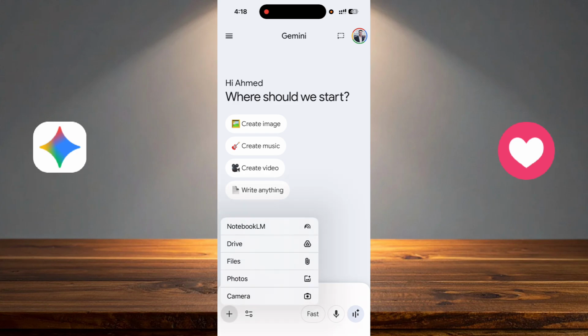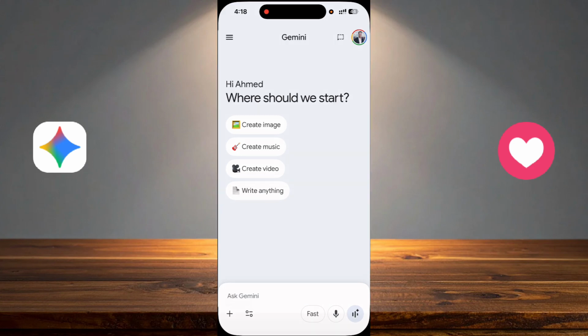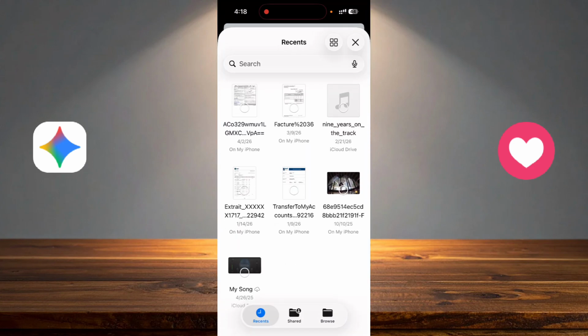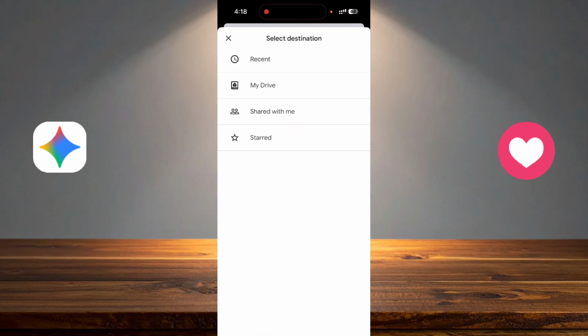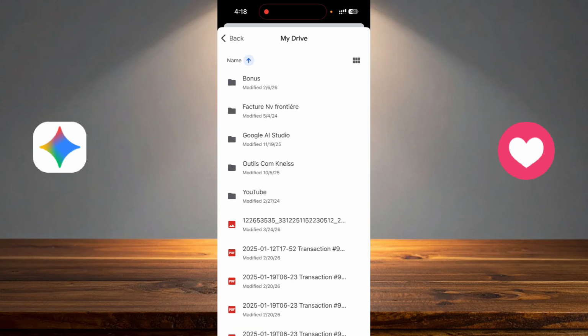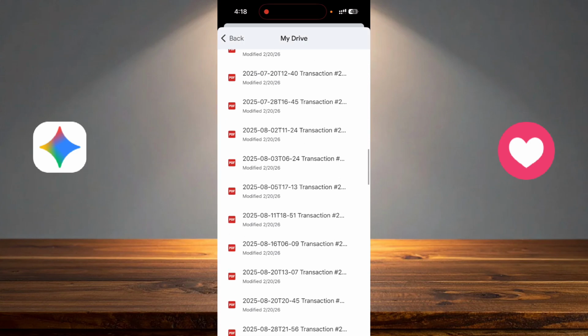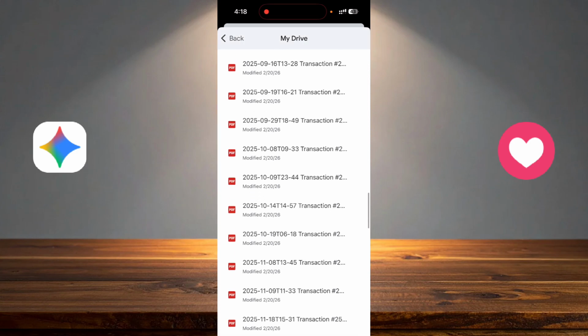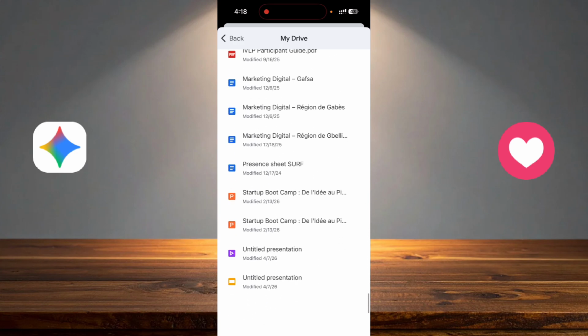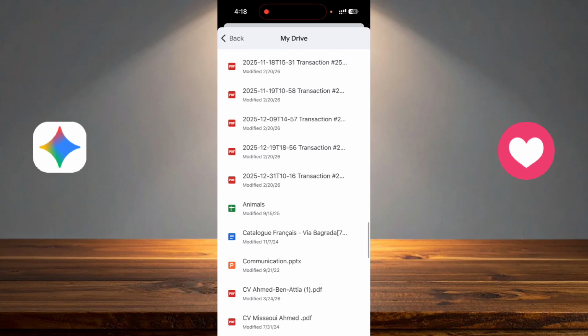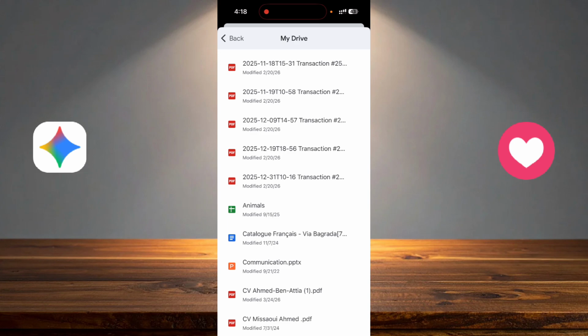So you have two options. You can import it from files if you have the file already on your phone. Or you can go to Google Drive, click on Drive, and go to My Drive and look for the Excel file that you want to upload and to get the data out of it. So for example, I will take this